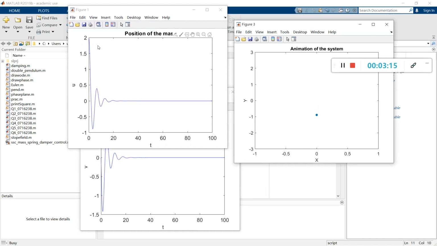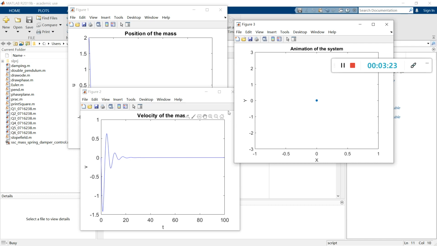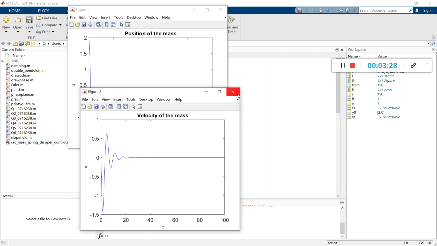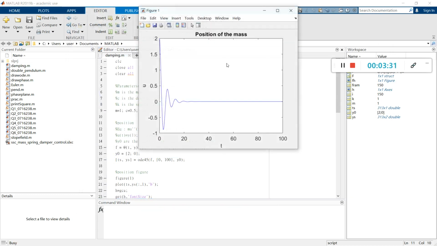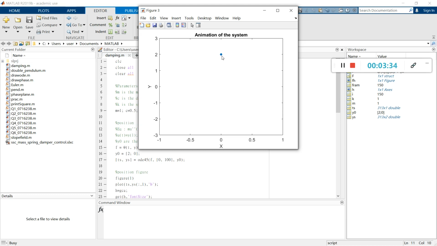You can see the position of the mass is like this, like undamped, and velocity. Animation. The animation is about this. You can see this blue ball moves from 2 to here and